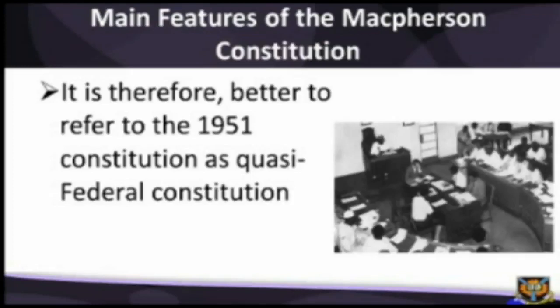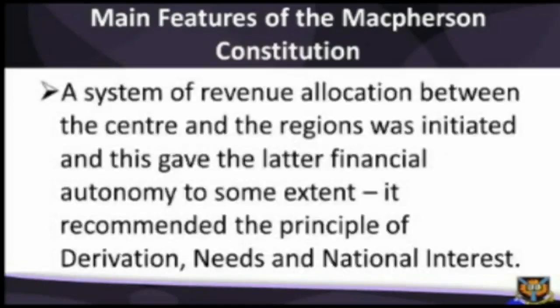It is therefore better to refer to the 1951 Constitution as a quasi-federal constitution because of these elements of unitary and federalism involved. Under the Macpherson Constitution, a system of revenue collection between the center and the regions was initiated, and this gave the latter financial autonomy to some extent. It recommended the principle of derivation,